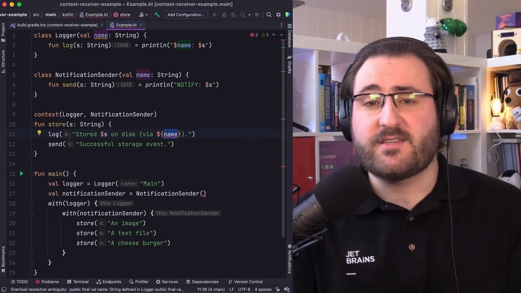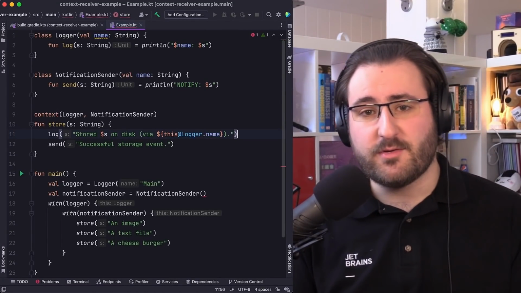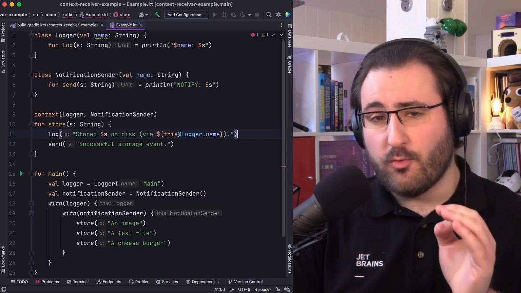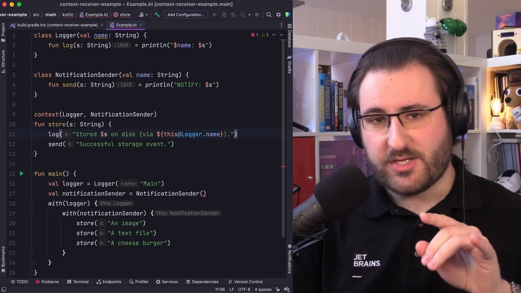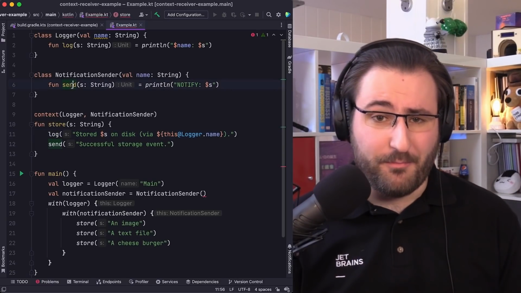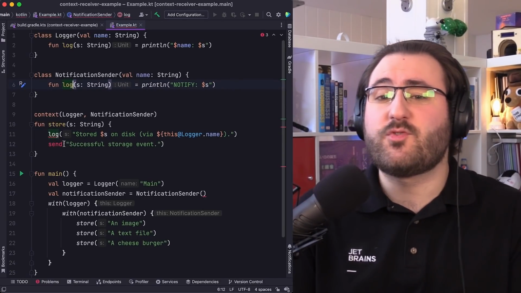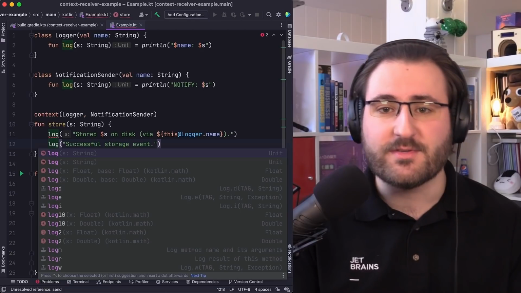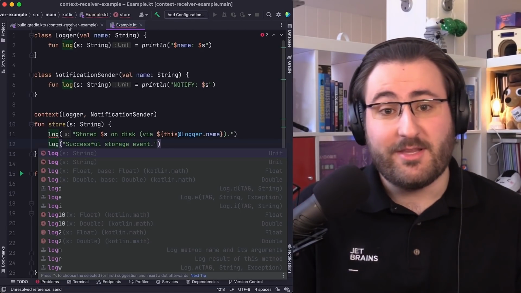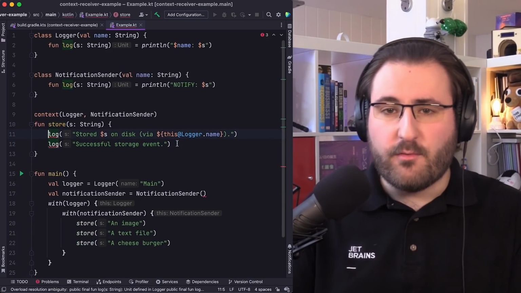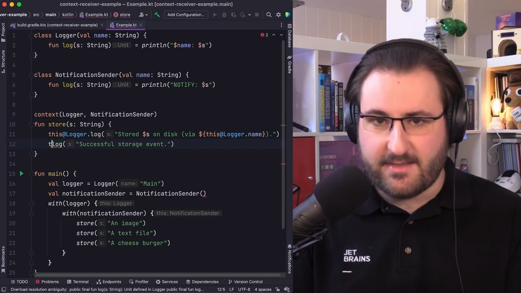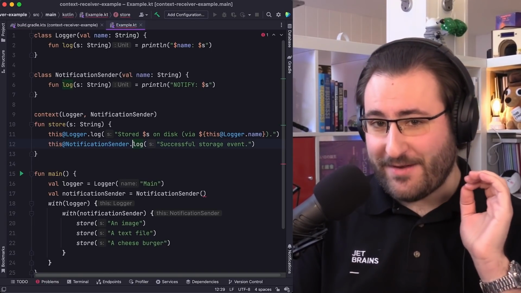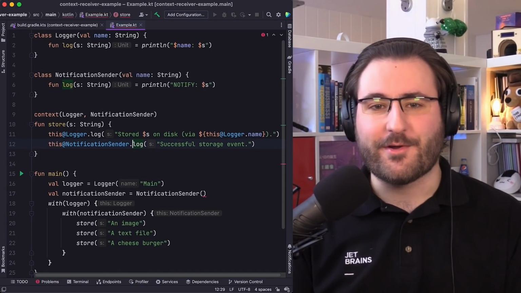Now, of course, context receivers come with a mechanism to remove this ambiguity, using labeled this statements. These labeled this statements allow us to really hone in on which context receiver we actually mean. But that doesn't really save us from things breaking further down the line. Say, for example, some domain expert comes along and notices that the correct terminology for the notification system you're using is also log. Collisions can just happen. And great, now we're starting to sprinkle labeled this statements all inside the body of the function. That's not exactly amazing.